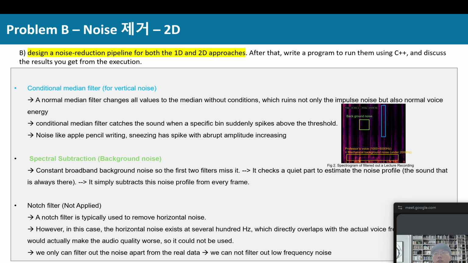I will start the design. I will start to design the filter. At first, I will go for a 2D filter. I will use a conditional median filter for the vertical blue noise. It is because a normal median filter changes all values to the median without any condition, which ruins not only